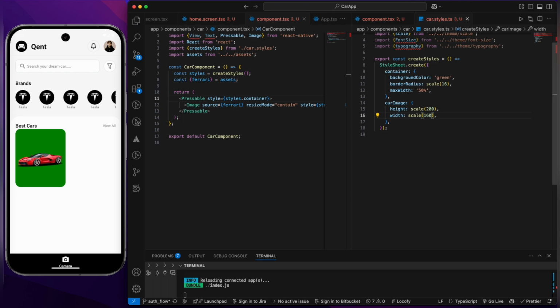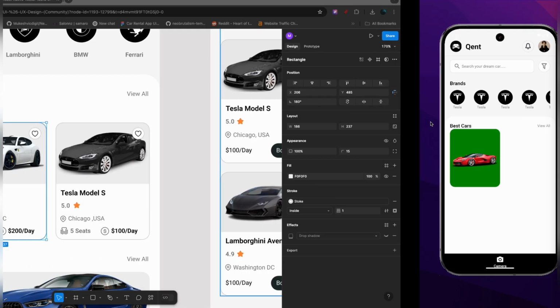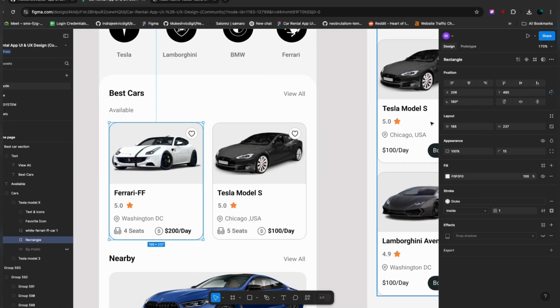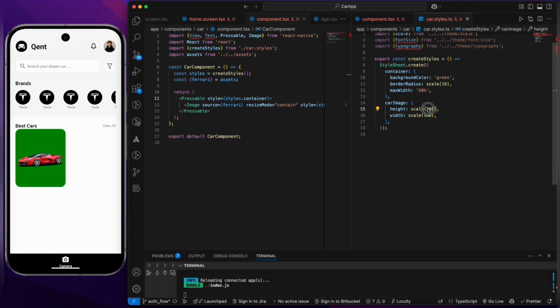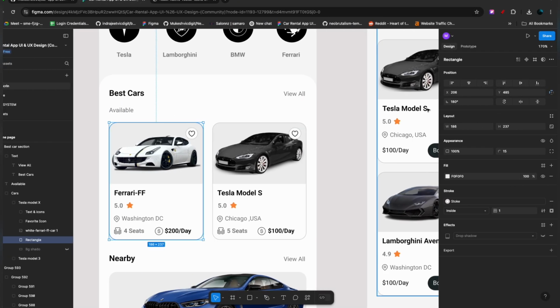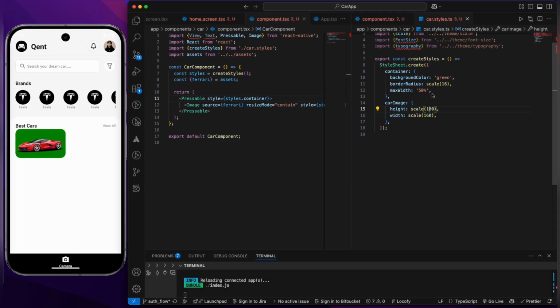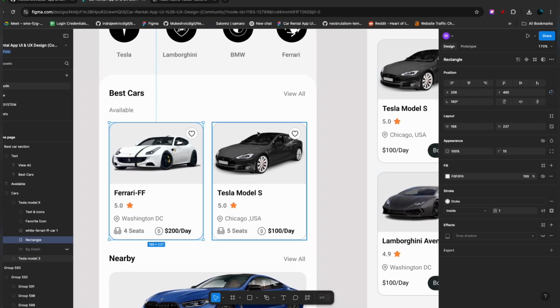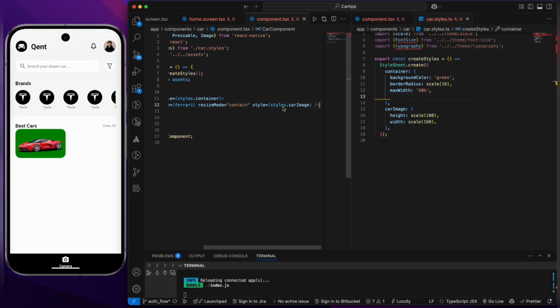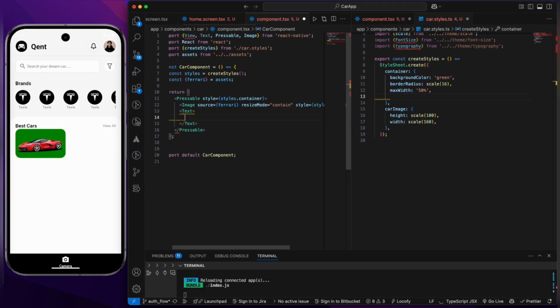Yeah, it's looking fine now, but the car is looking so small. But yeah, anyways, let's give the name and reduce the height as well, because the height also is small. So now to this whole thing we have to add one text like Ferrari. So let's add that text as